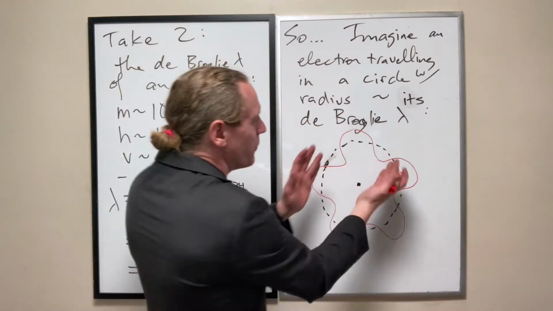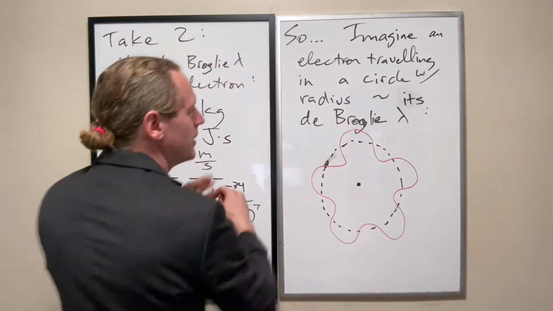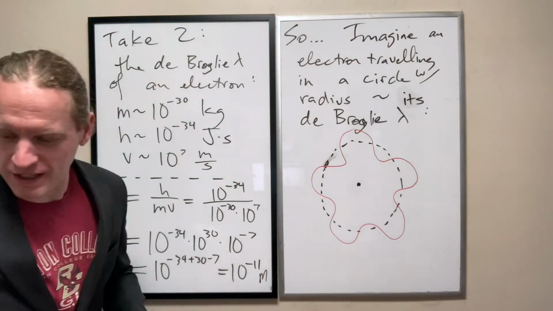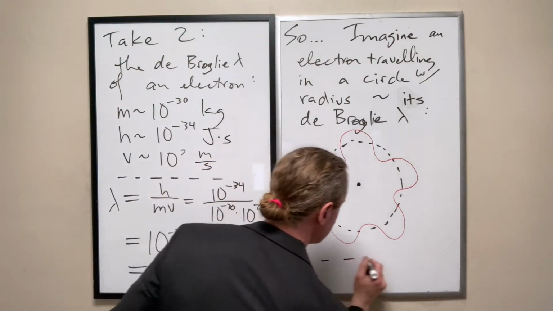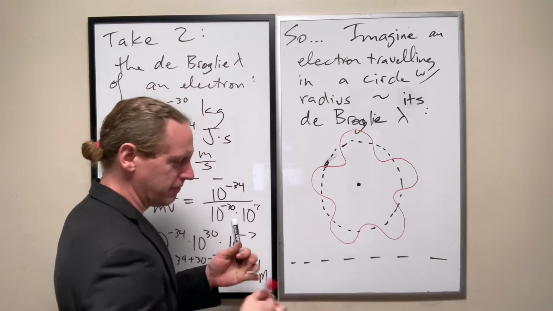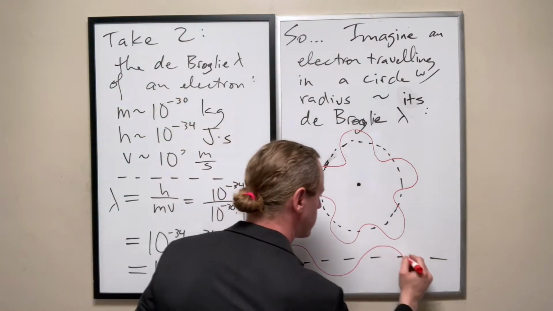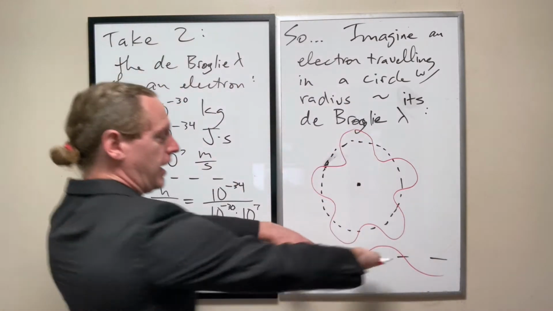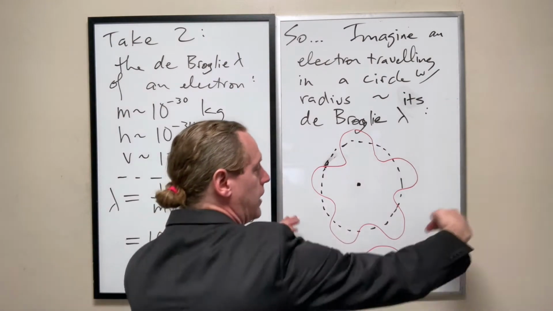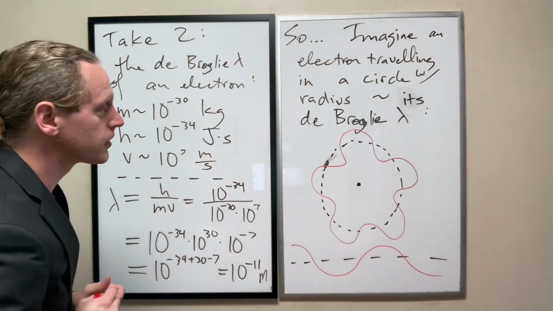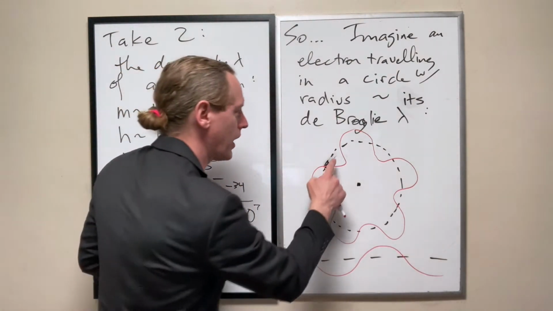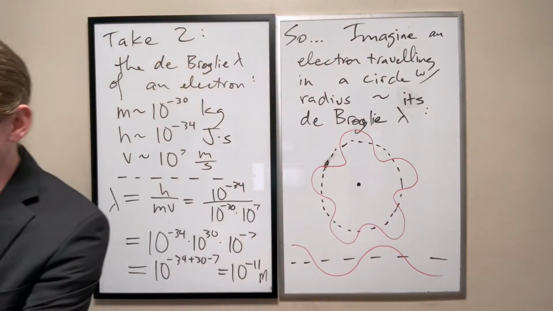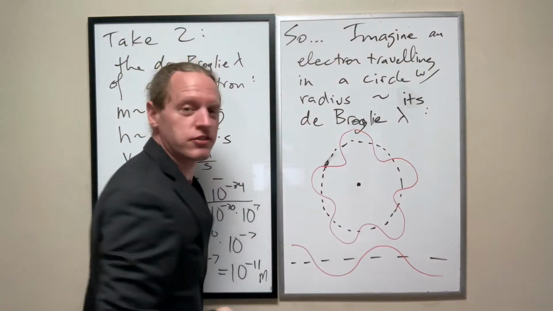But basically, if you take this whole thing, and if it was previously a line like this, and this is what I've just done in my head, I've imagined an electron traveling a straight line with that de Broglie wavelength, and I've just connected those two ends of the line together. So that's what I was going at with this. And the exact way that I just drew this